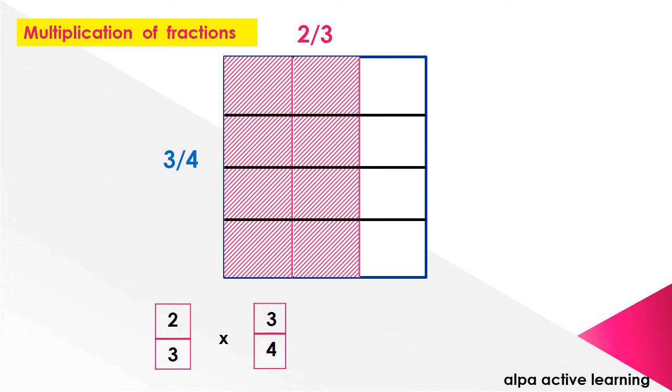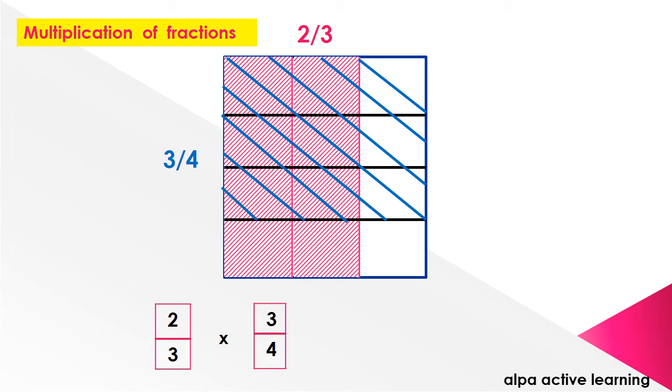Now can you see this 4 part? Now from this 4 part we want 3 part. So let's color this again, this part. So now I am covering all the 3 upon 4th part like this. Now children, if you observe the given figure, there are certain parts which belong to 2 upon 3 and 3 upon 4. Just observe them.